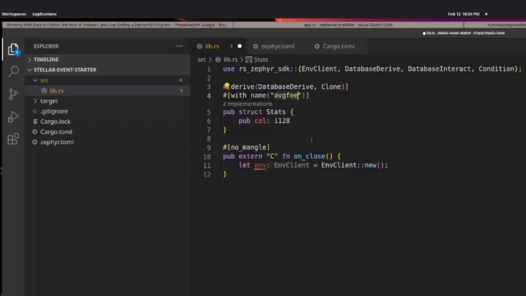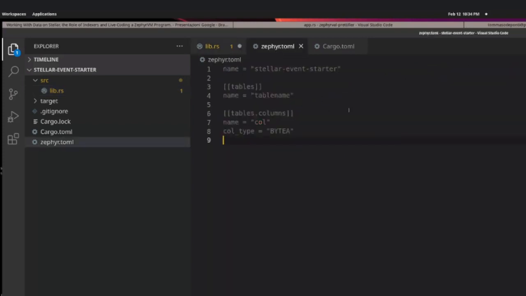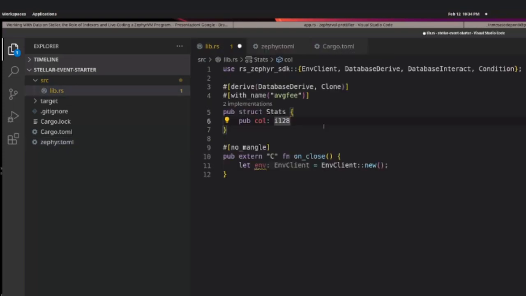And so this is actually probably the only table that we will write to within our Zephyr program. So we can go ahead and put it already here when defining one of our tables. And what we want, so I guess that to calculate the transaction fee for Soroban and Classic, what we really